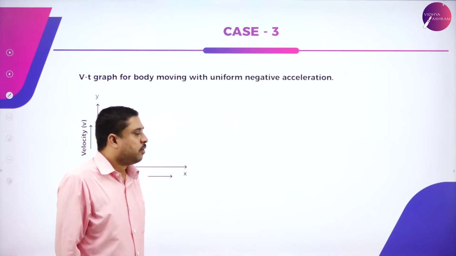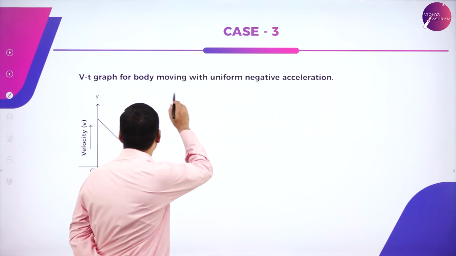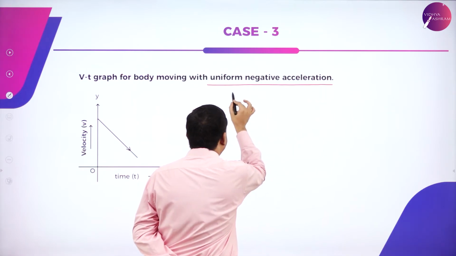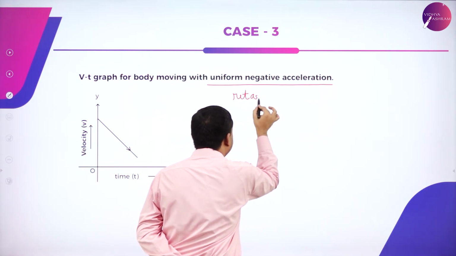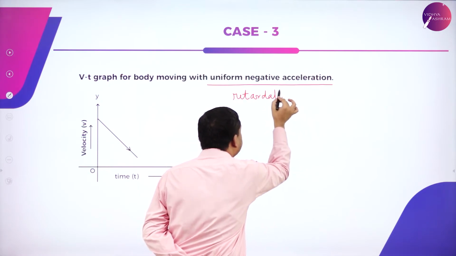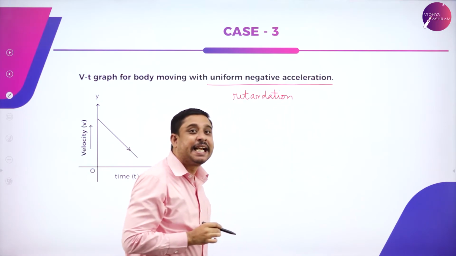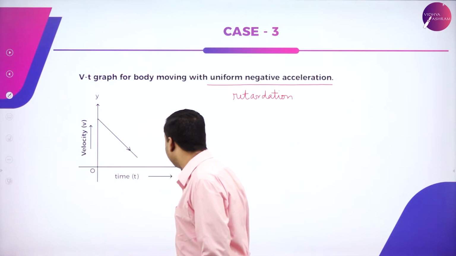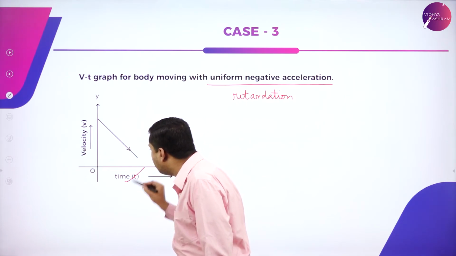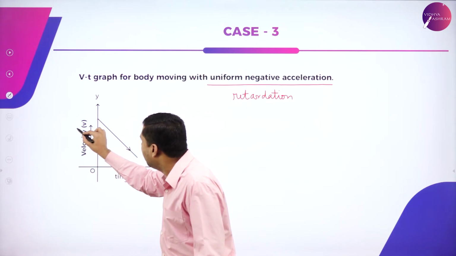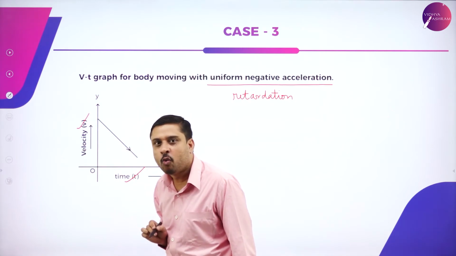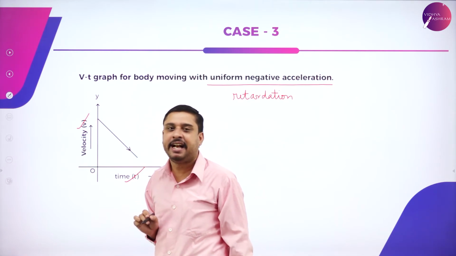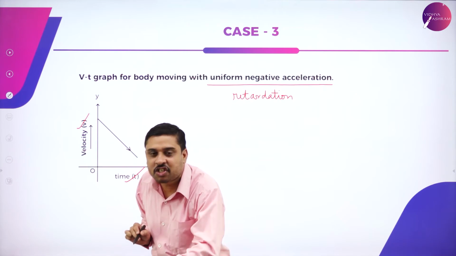Now, for a body moving with uniform negative acceleration, retardation, or decrease in acceleration, we draw the VT graph with time along the x-axis and velocity along the y-axis. Now it is getting decelerated. Retardation means